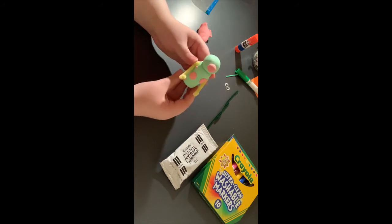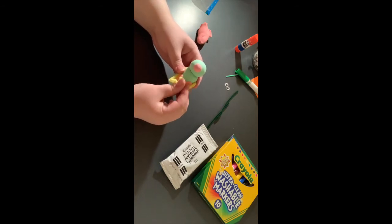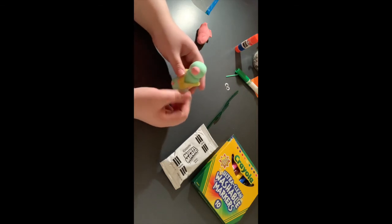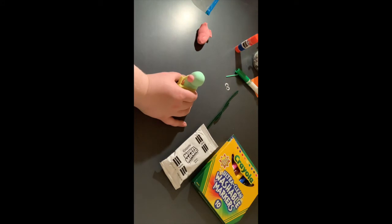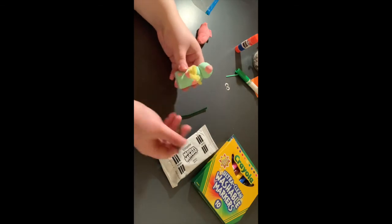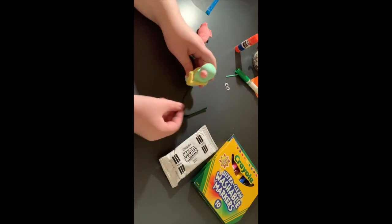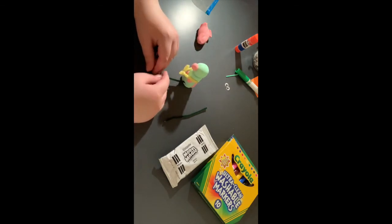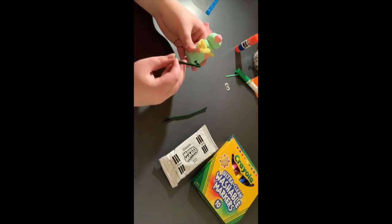So now he has 2 little hands, and you can even pose him. It's like maybe I want his arms crossed, like that. See his arms a little crossed? And now we're gonna make his little legs. So we're gonna come in here and just poke him. We're gonna bend it so it's like over a desk, and then we're gonna make a little foot, just like